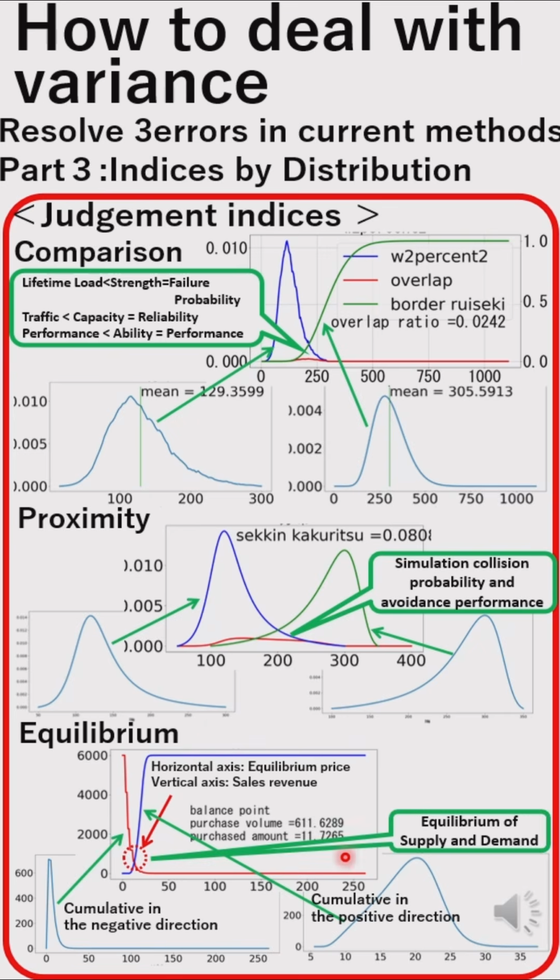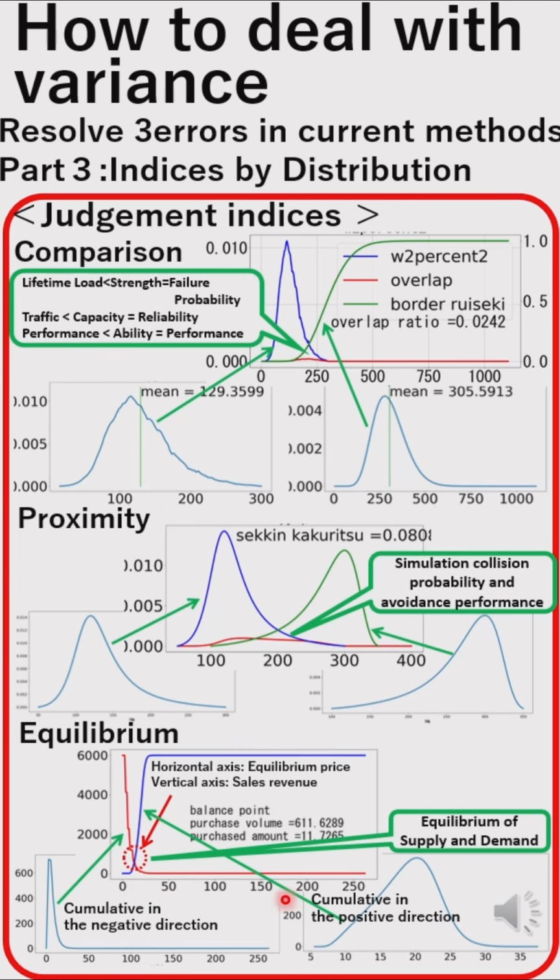Demand distributions are calculated from consumer purchasing ability, while supply distributions are calculated from producer capability, such as production cost and investment. By accumulating these distributions in opposite directions and finding their intersection point, we can estimate equilibrium price and sales volume. These evaluation indices make it possible to rigorously analyze systems with variability and achieve more accurate design and